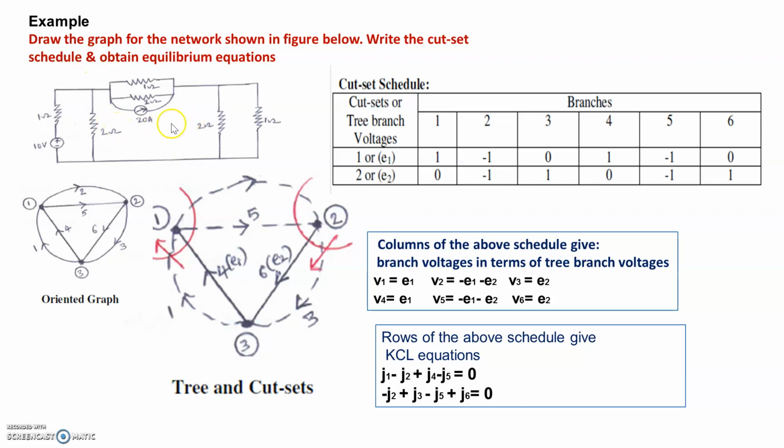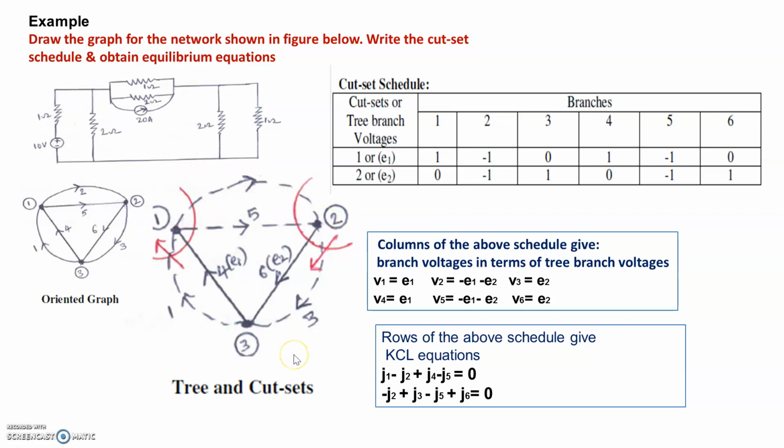Now the network given here, from this network the graph is formed. The network graph is drawn. I think it is very easy to write. How many nodes are recognized? 1, 2, and this common line at the bottom of the network can be considered as 3. So total branches identified are 6, with 3 nodes, and 1 tree is selected. The tree consists of 4 and 6. If you try to take one more branch here, that becomes a closed path. So this is the tree where there is no closed path. Now the remaining branches are connected with a dotted line, which are links.